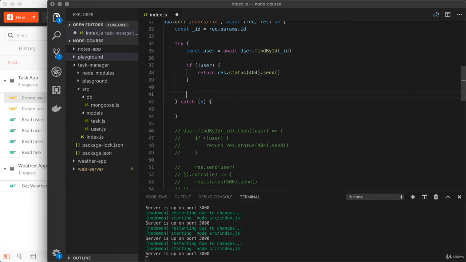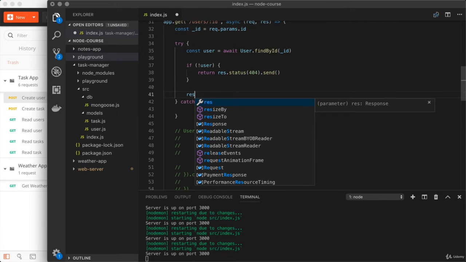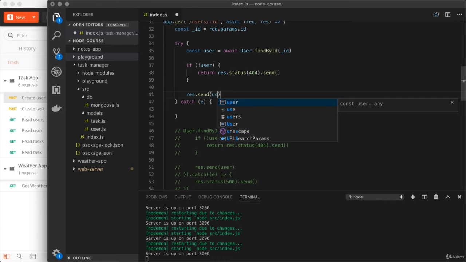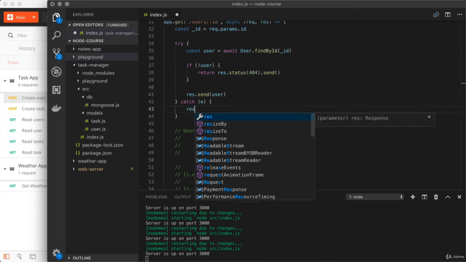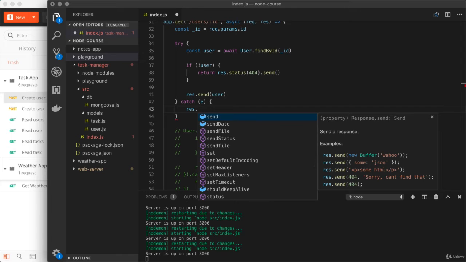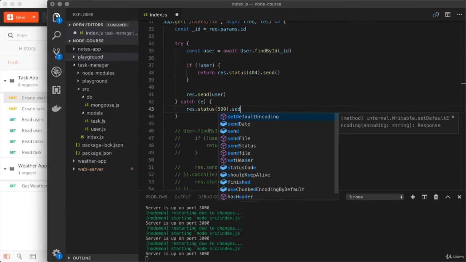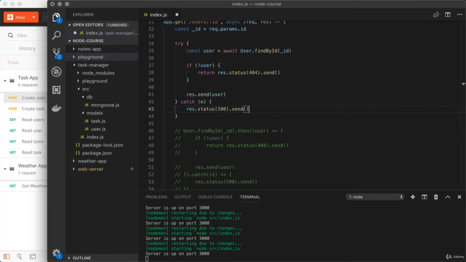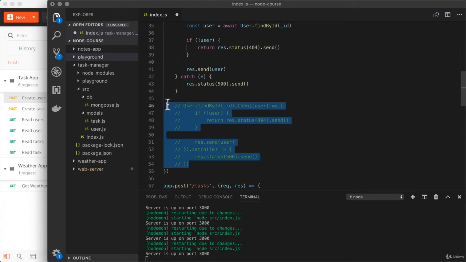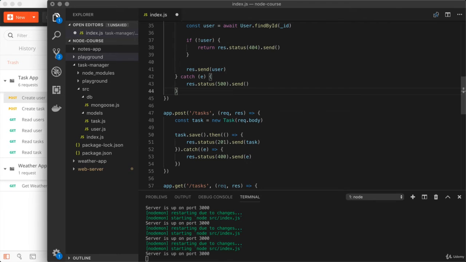Down below, if we did not get an empty user, then we got a real one, and we'll use response.send to send them back. Last up, inside of catch, what do we have? We have our error handler just sending back that 500. Response.status 500.send. Excellent. So now that we have this in place, we've refactored out the need to use extra callbacks for all